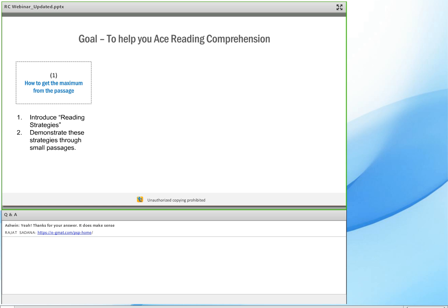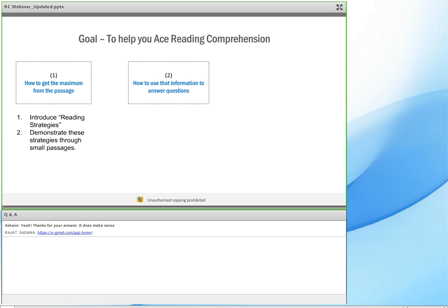And while I'm doing this, I'm going to dispel that myth that if you want to ace GMAT RC, you need to be a voracious reader. I'm going to rather put this belief in you that if you want to ace GMAT RC, you need to be a willing student. If you have the right attitude towards GMAT RC, you can ace GMAT RC. Okay. Then I'm also going to give you tools, which are the reading strategies, and I'm going to demonstrate these tools through small passages and then a full length passage. Okay. Now, how are we going to use this tool?